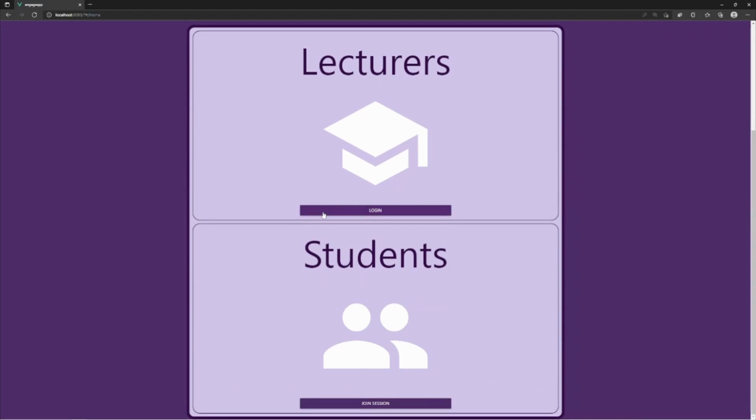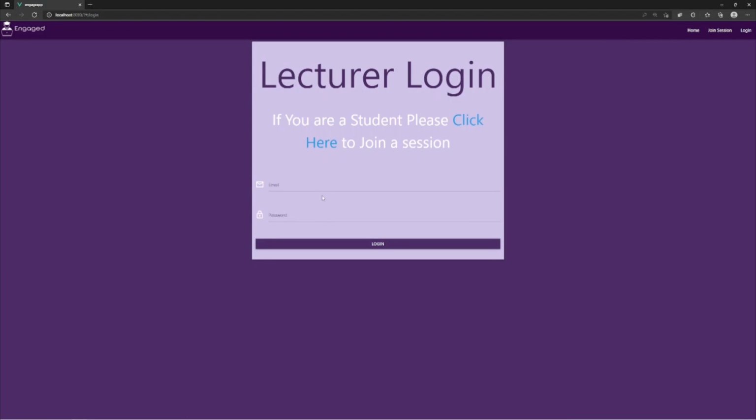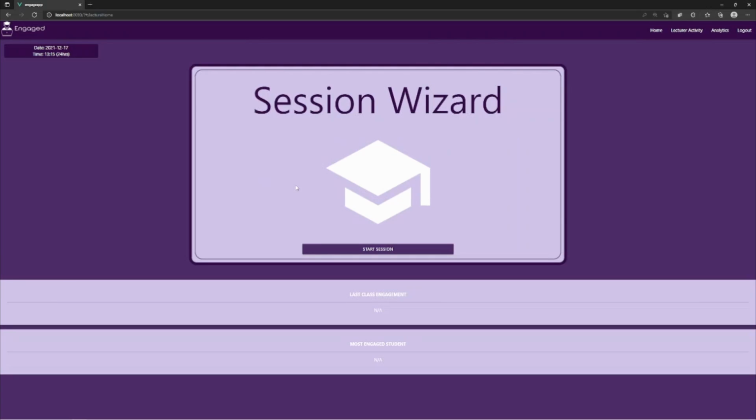But scrolling down, we have an option for students and lecturers. So I'm gonna show you the lecturer side first. So when I click login, I'll be presented with a login page. I can then enter my credentials, and I'll be logged in, and I will be shown the lecture home screen, which allows me a session wizard